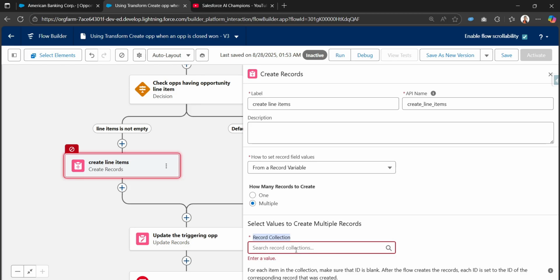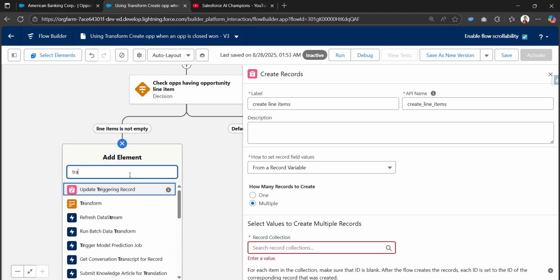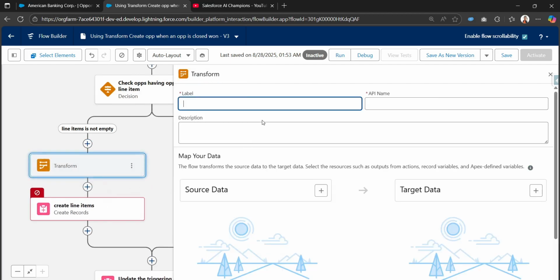transform element name, right? So I'll be just putting it after creating the transform element, and let me just add the new transform element here. So from the add element, I'll be just searching for the transform, and I'll be just adding the transform element. I'll be providing the name like transform of line items,